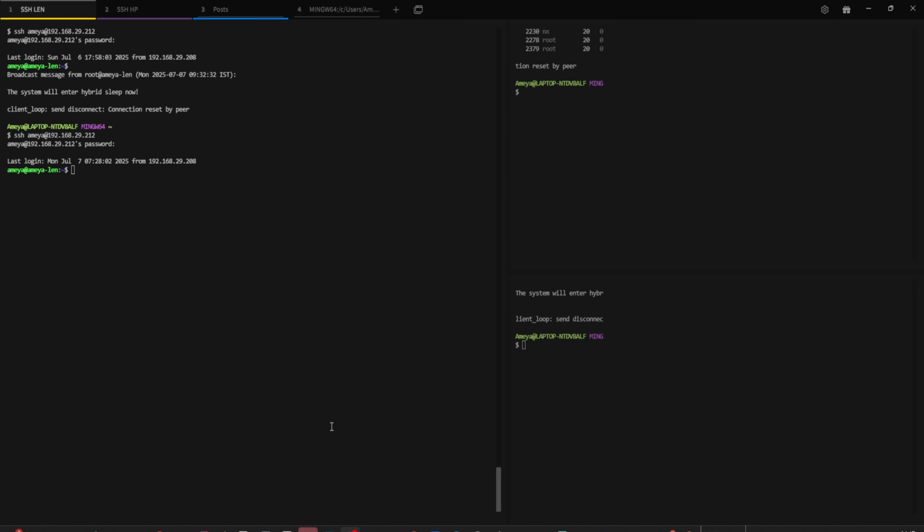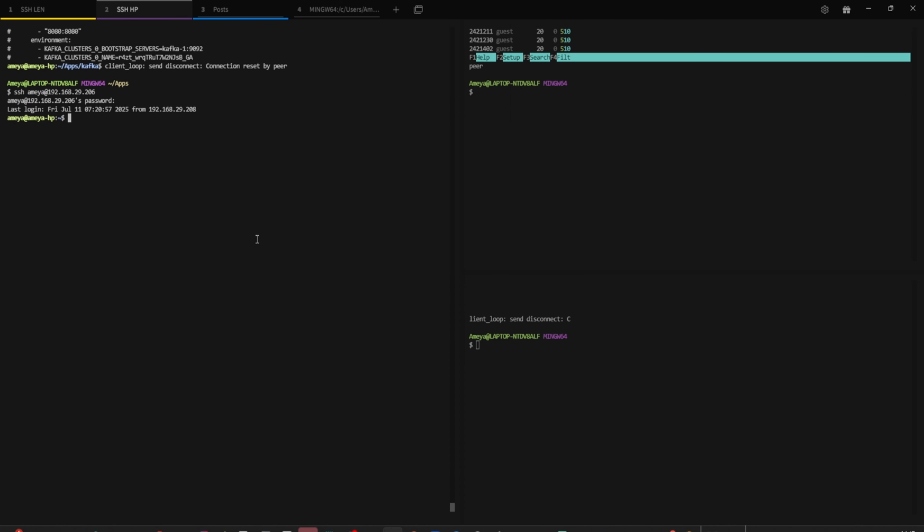Okay, so in this video, we're gonna take a look at creating a server for storing events, and I'll be using Kafka as a message queue. Let's start with creating a server for Kafka. So if I take a look at my existing server that I have created,